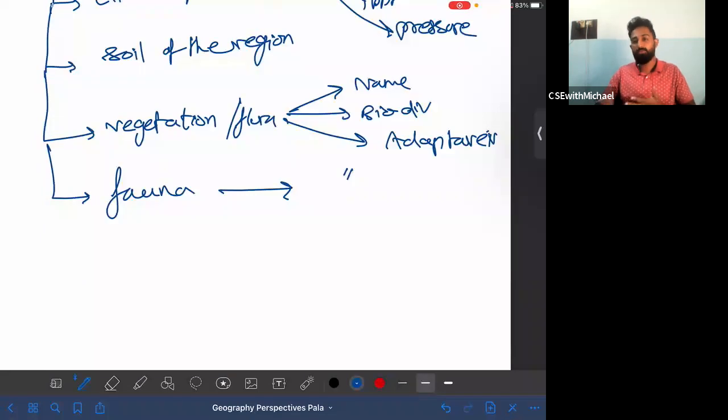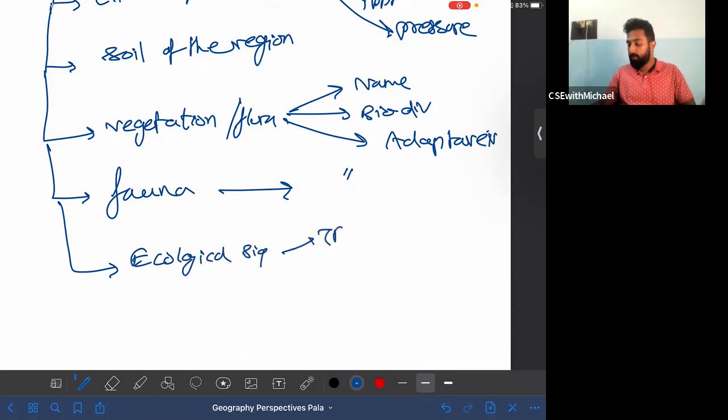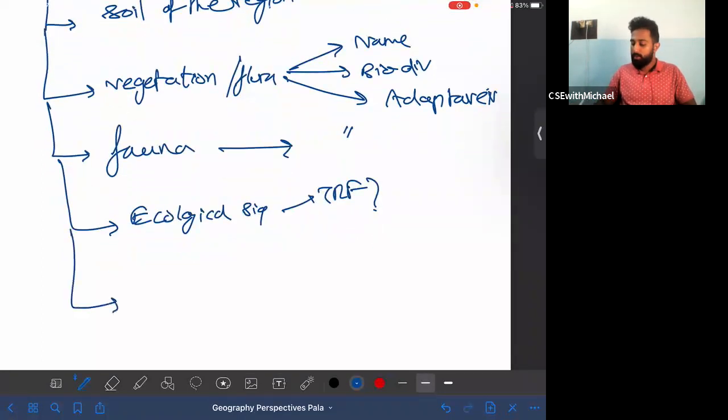Tropical rainforest, because there is very little place to run. And then you can talk about fauna. You can talk about the ecological significance of this region. That's very significant. For example, tropical rainforest: what is the significance of it with respect to climate change, with respect to pollution, with respect to different aspects? Again, we'll talk about the services, support, provisions, those features I referred to earlier. We'll see that. Then human interference